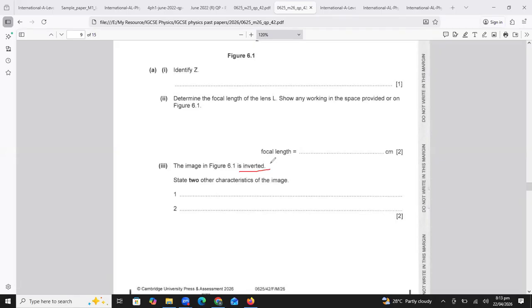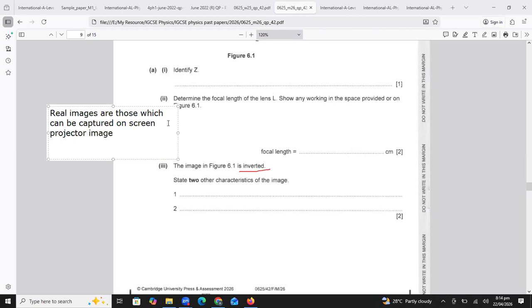Let me tell you the difference between real and virtual images. Dekhiye beta, real images are those images which can be captured on a screen, like projector image. All right, real images are those which can be captured on screen. I'm writing the definition because such type of definition can be asked for 1 mark, student. Real images are those images which can be captured on screen, and example of real image is basically projector image, because we can capture the projector image on the white screen. So such type of images are real images.